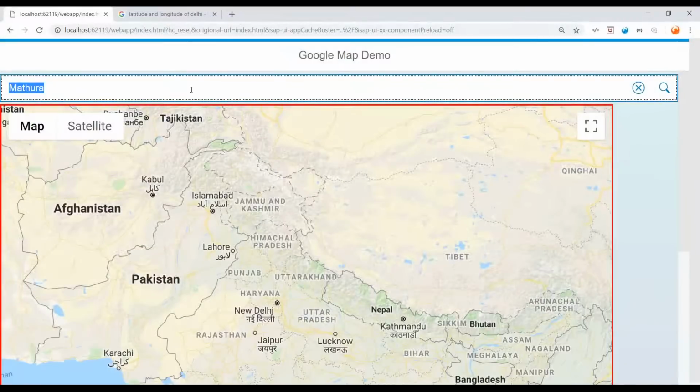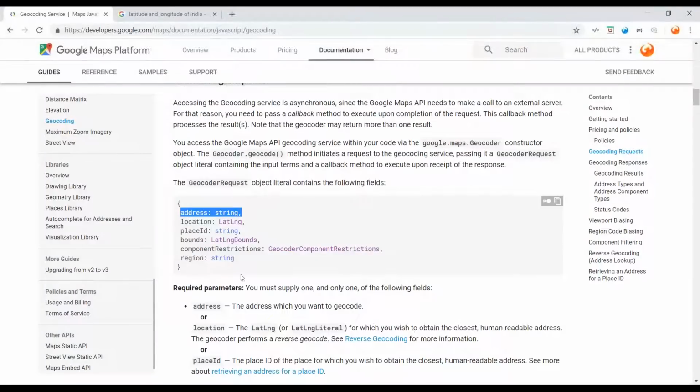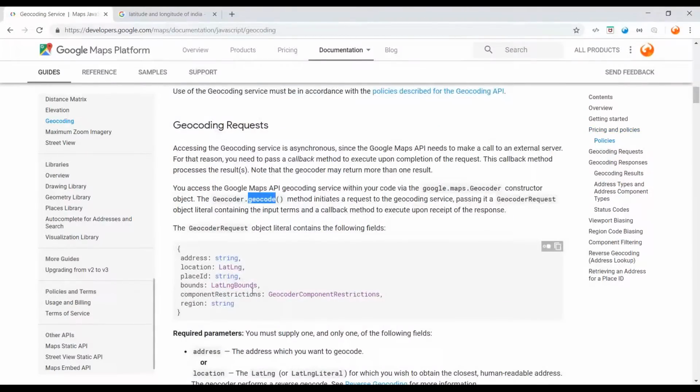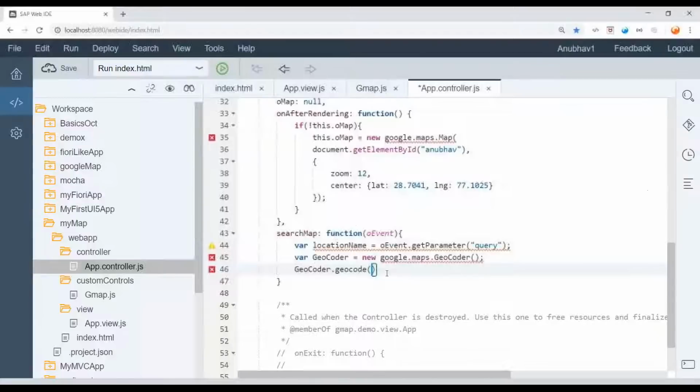Yeah, that's the API. You can always check the documentation over here. You can see this geocoder object, and then you have the geocode method called. In that you pass the address. So let's pass the address, the location name, comma, and now we will give a function which will return you the result